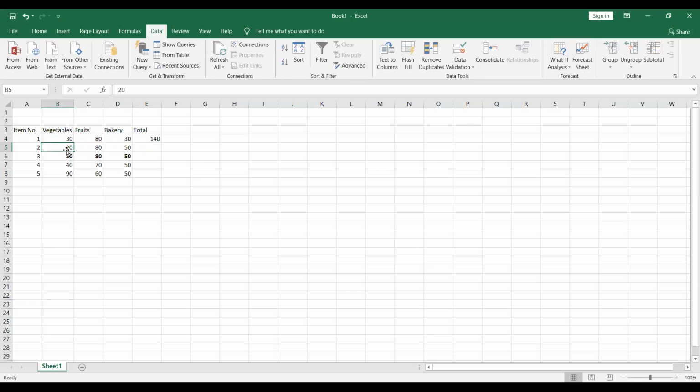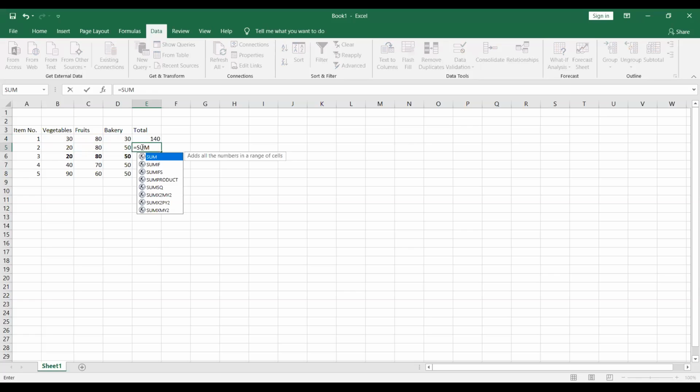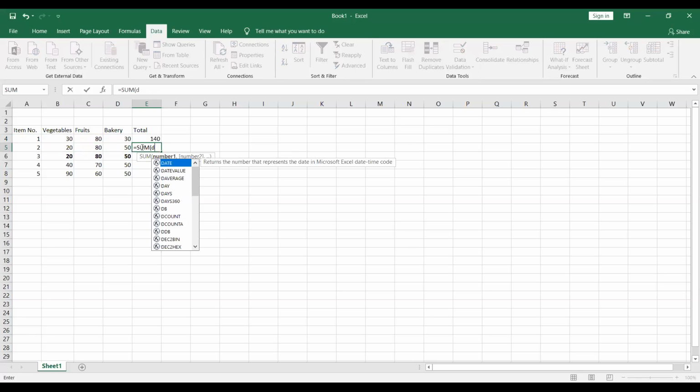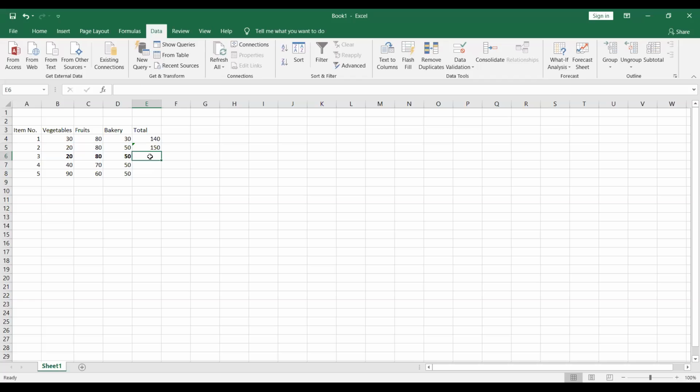Okay. Now next way of doing the same thing is that I'll write equals to, then I'll write the function name, that is sum. Okay, then I'll put the parenthesis. In this I'll be writing B5, sorry, B5. Okay, and then I'll be defining the range to D5. As you can see, it is highlighted over here. I'll close this bracket and then I'll put enter, and then you can see the result, that is 150. So 80 plus 20 is your 100, 100 plus 50 is your 150. All right. So now these are the ways by which I'm going to use these functions.